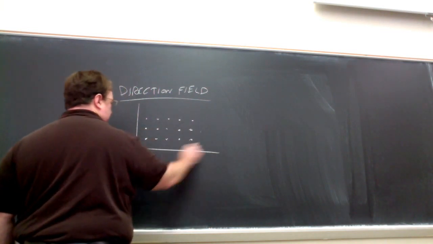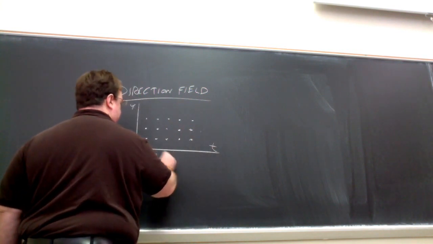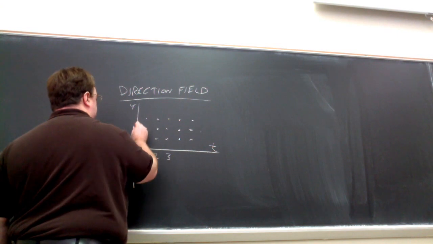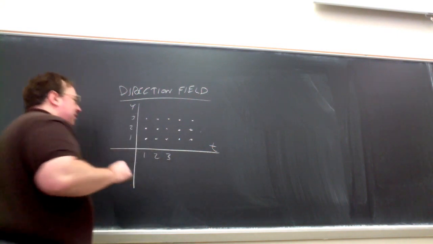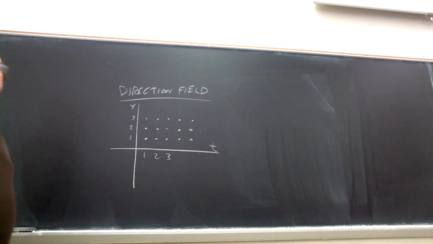So we're picking t equals 1, 2, 3, and so forth. Y equals, and so on. Actually, for this particular problem, because the DE involves cosine t, it'd be a good idea to